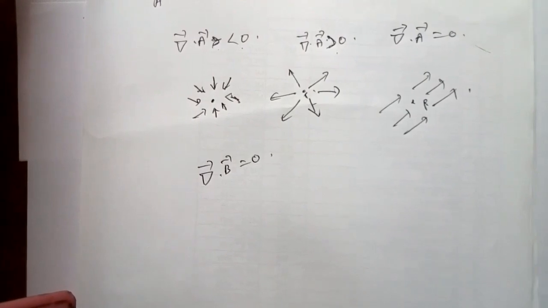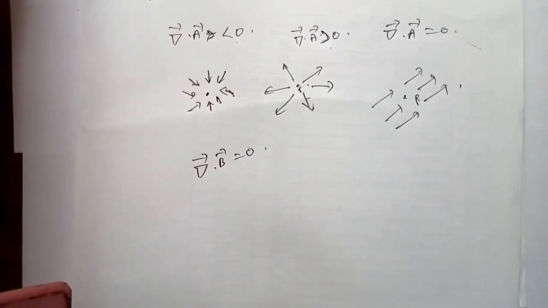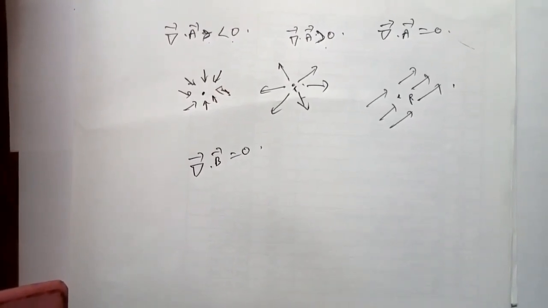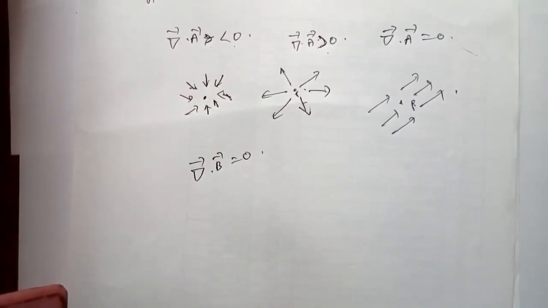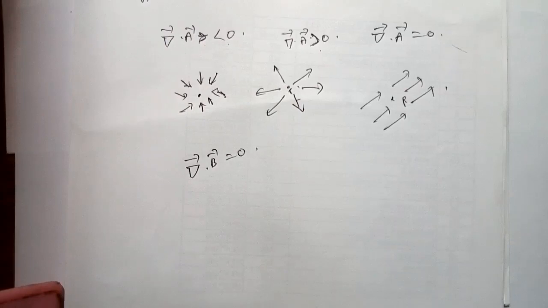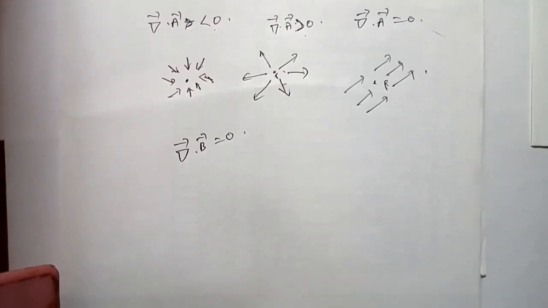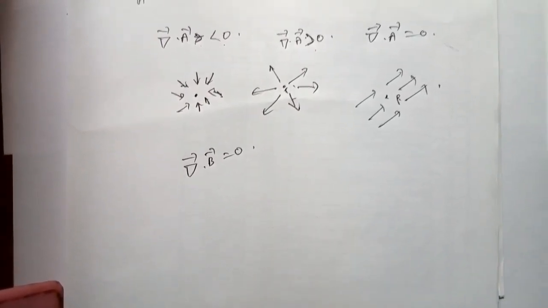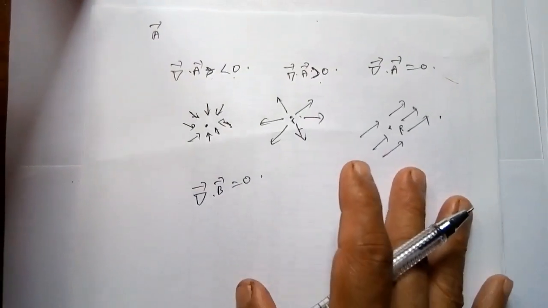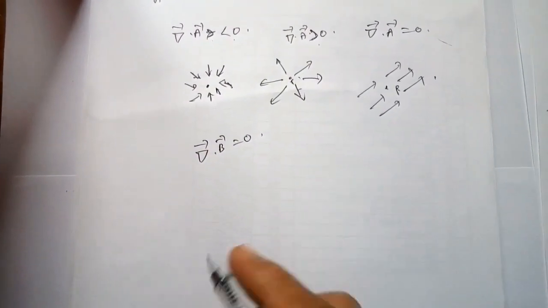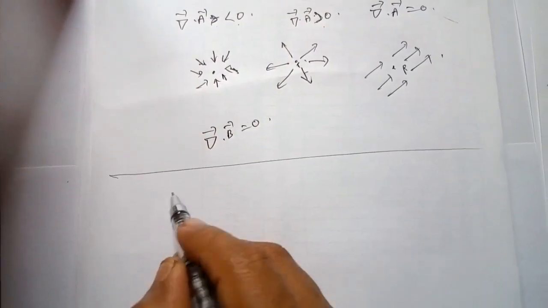Whatever comes out will go in. So we also say we cannot observe any magnetic monopoles. That is why del dot B is equal to 0. All those stories I have narrated in the regular class, why del dot B is equal to 0 and why you cannot get magnetic monopoles. Okay. Next we will move on to the curl.